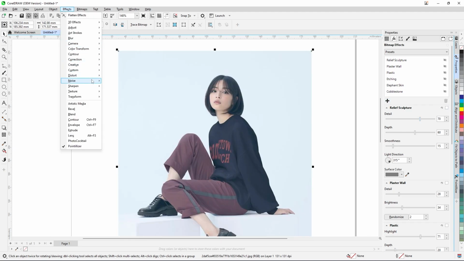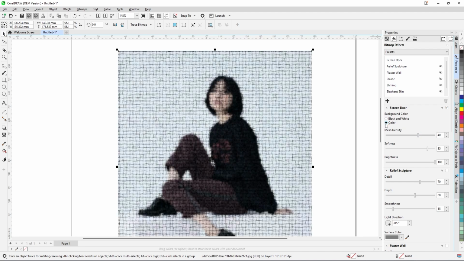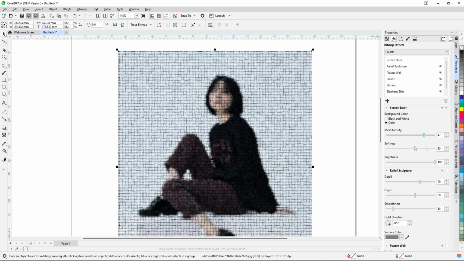From effects again, screen door. The screen door, and use black and white to color. And the mesh density you can increase and decrease, and the softness also you can add, and uncheck this one,